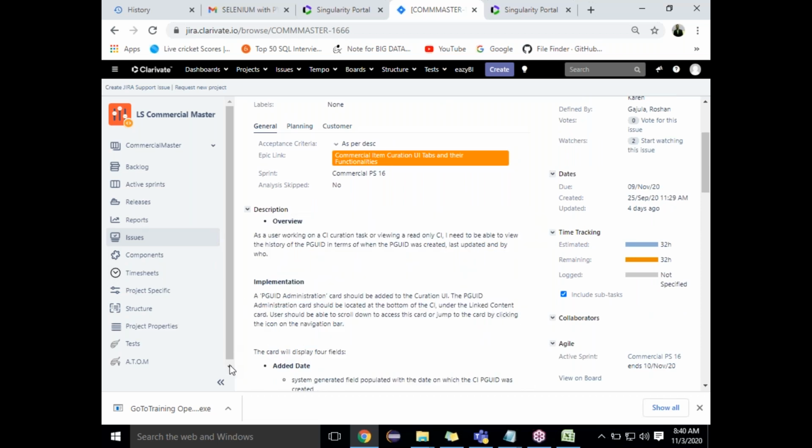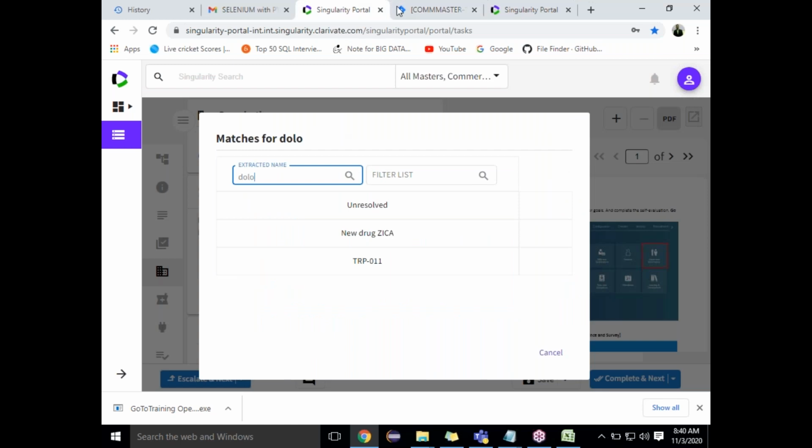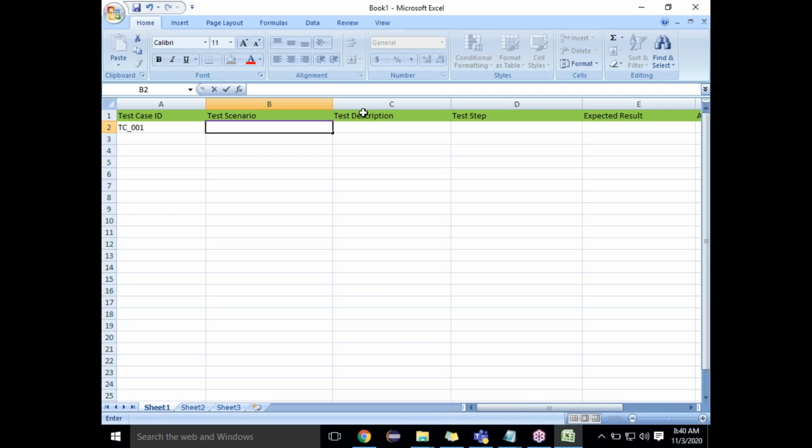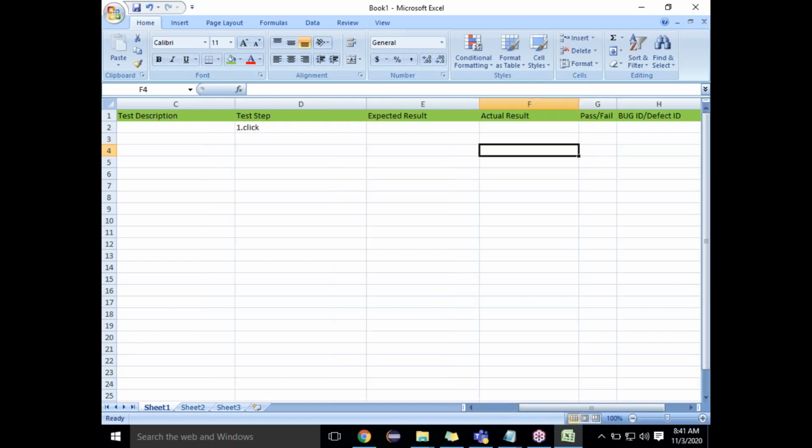Okay guys. So if you come to the test cases, you have to mention the scenario. What is the description of that? Sometimes it is not required, guys. What are the test steps? You have to write step by step. You open this website, you click on this, you enter the step. What exactly is the step you have to perform, that you have to write.